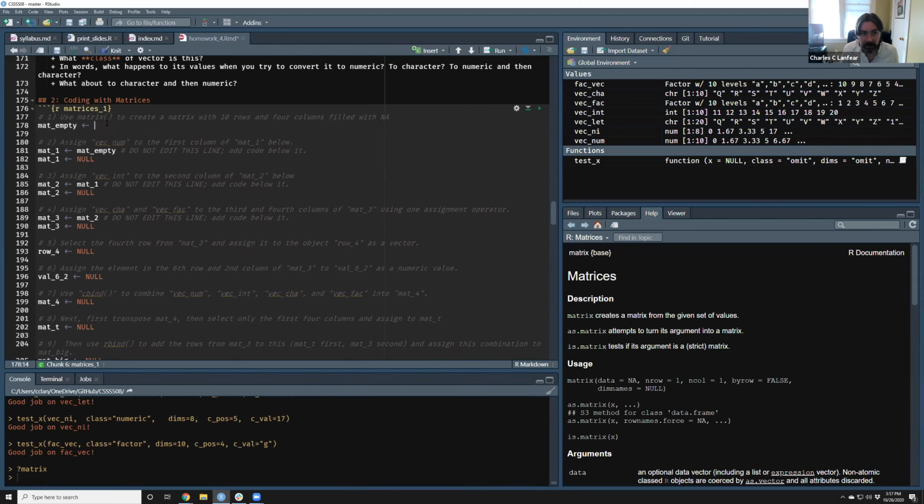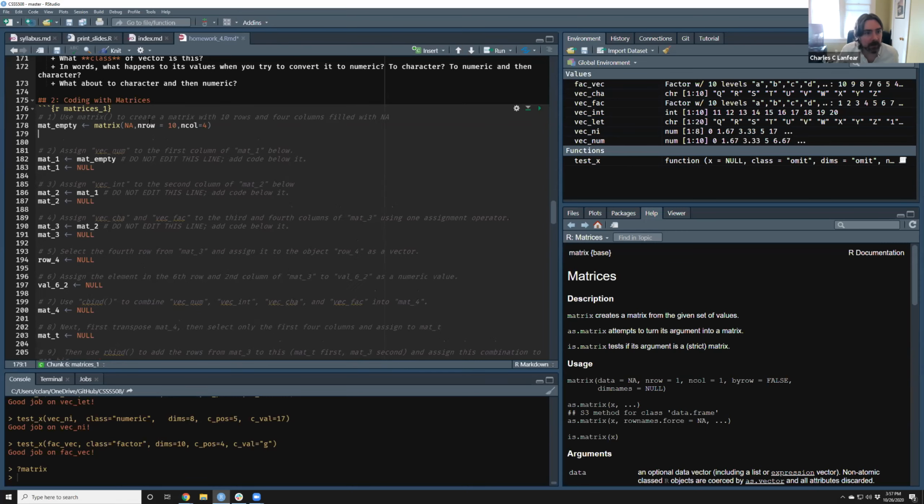Anyone have an idea how I can make a 10-row, 4-column matrix? Here we go. So I'll take this first one. It's the same as the second one. What this says is I'd like to make a matrix. The data that are going to fill this matrix are NA. Fill it with nothing but missing values. Give me 10 rows. Give me 4 columns.